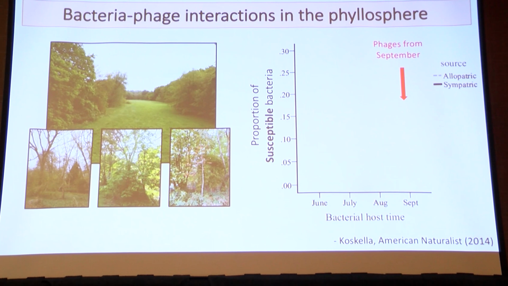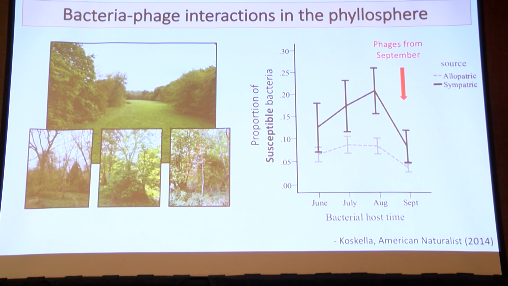If we look at phages from September, from the end of the season, and again, these are lytic bacteriophages, or at least when I caught them, they were lytic. Phages from September, and we ask who they can infect in terms of bacteria that are either sympatric from the same tree or allopatric from another tree, and then from earlier in time. What we find is that, again, we recover this pattern where they're more infective to their local bacteria, as I saw previously. But what's interesting here is that phages are most infective to bacteria from a month earlier,